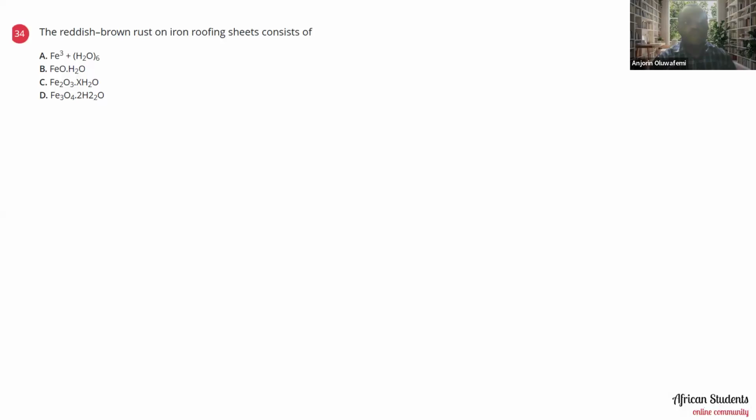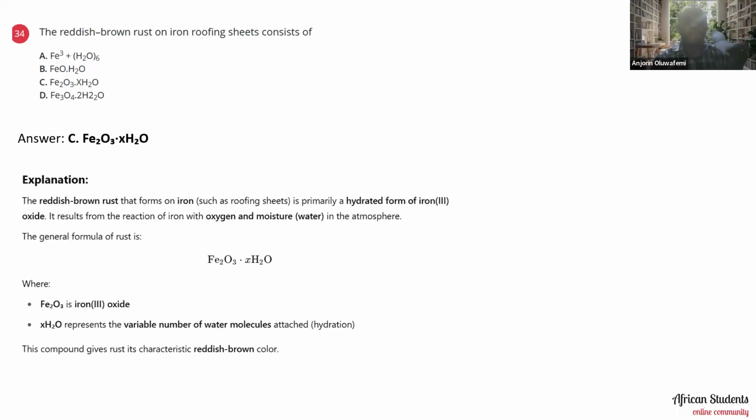Okay. Now let's look at question number 34. It says the reddish brown rust on iron roofing sheet consists of iron 3 plus water, Fe2.H2O, Fe2O3.XH2O, Fe3O4.2H2O. The answer here is Fe2O3.XH2O. The reddish-brown rust that forms on iron, such as roofing sheet, is primarily a hydrated form of iron 3 oxide. So that's why we chose